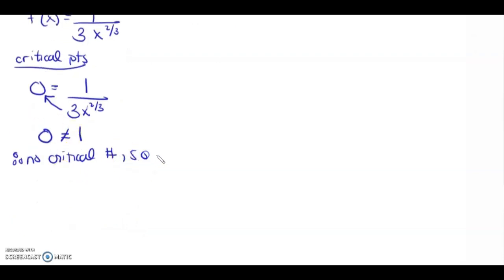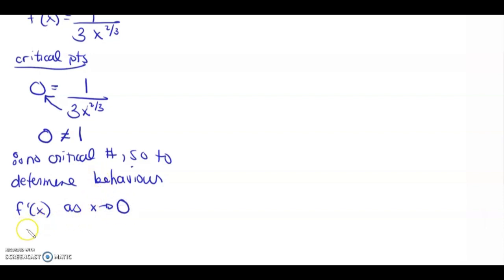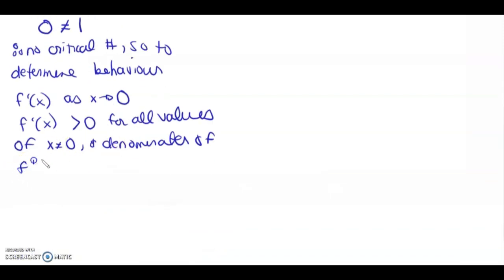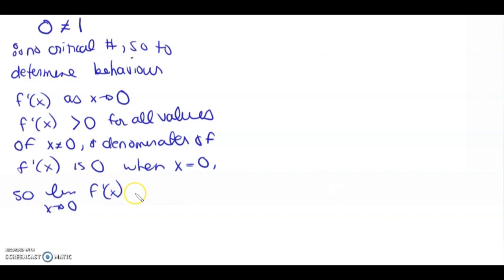So to determine the behavior of f prime of x as x approaches 0, f prime of x has to be greater than 0 for all values of x when x does not equal 0, and the denominator of f prime of x is 0 when x equals 0. So if you think about it, the limit as x approaches 0 of f prime of x approaches positive infinity. So therefore, we're going to have a vertical tangent